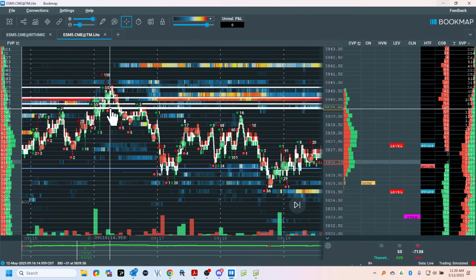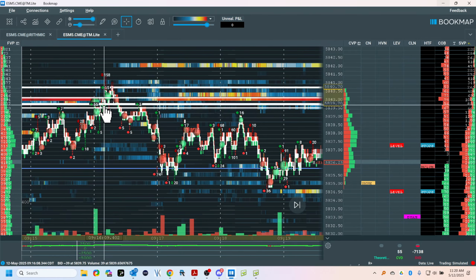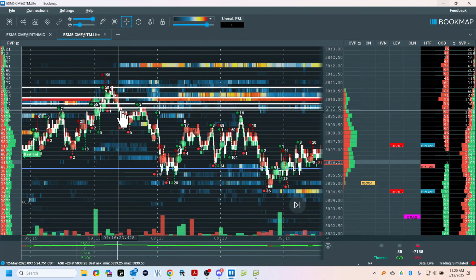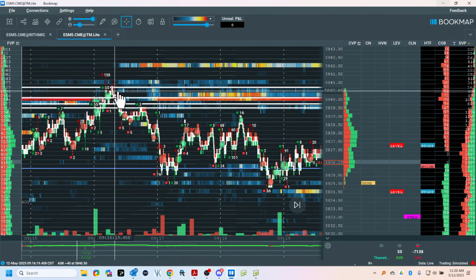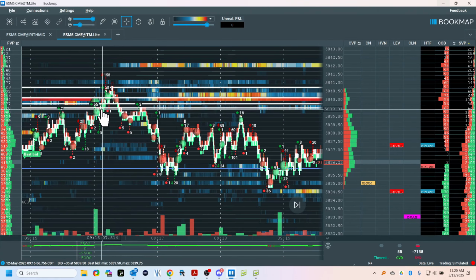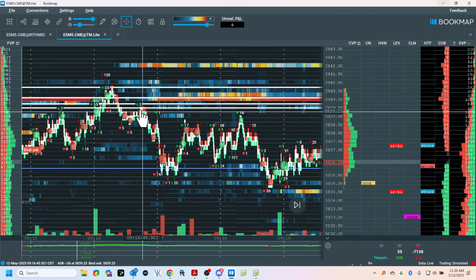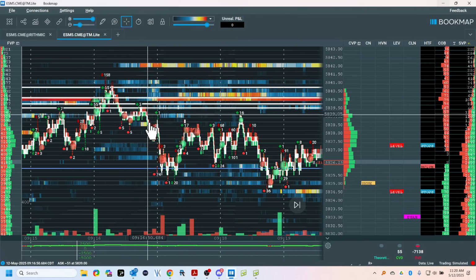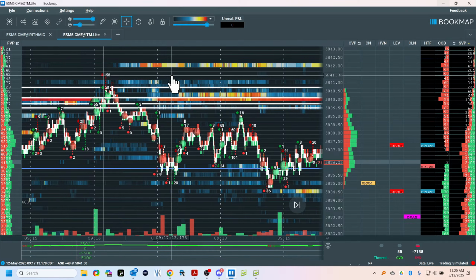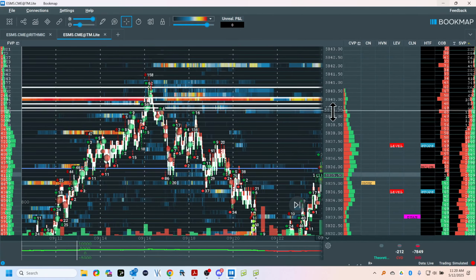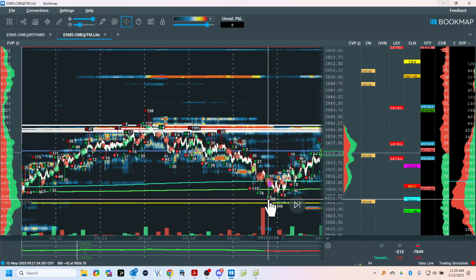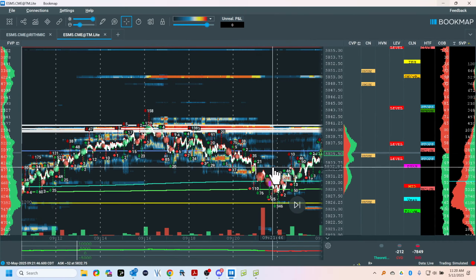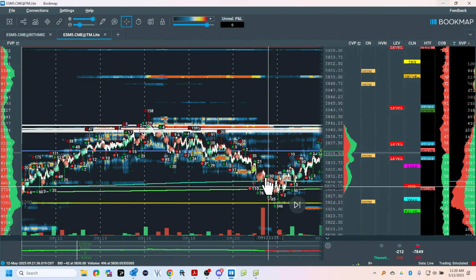Now my test is going to be where the sellers took over, which is here and here, under here. The buyers are here, the buyers are there because we're lifting, and then the sellers are below the buyers. So the buyers were there, the buyers were there. Now I got a trigger. I test, and this is a short. Your stop is up here, and where are you going? Mean reversion. Where's the mean? The mean is here. So you could be scaling at VWAP or coming just back here. It's up to you.